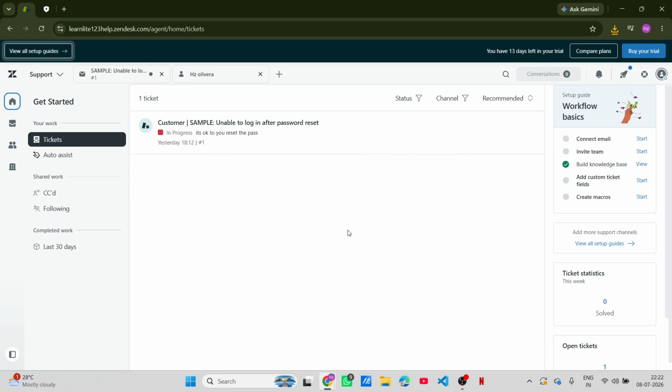Let's dive right in. First things first, you need to log into your Zendesk account. Start by navigating to the Zendesk website. Once you're on the home page, look for the Sign In button, typically found in the top right corner. Give that a click, and then enter your current credentials, your email and password. If you've forgotten your password, there's usually a helpful link to reset it, so don't worry if you run into